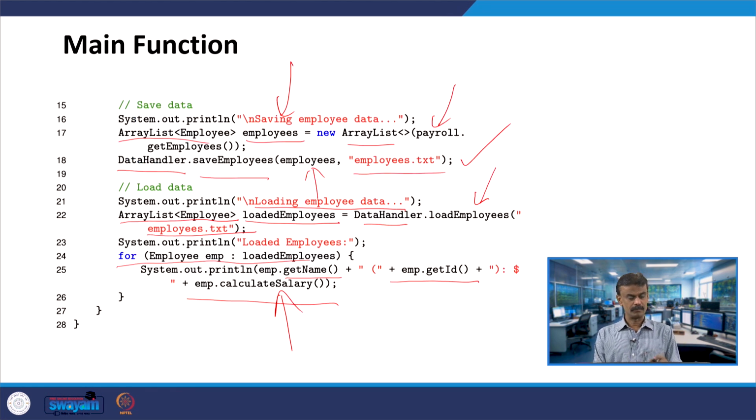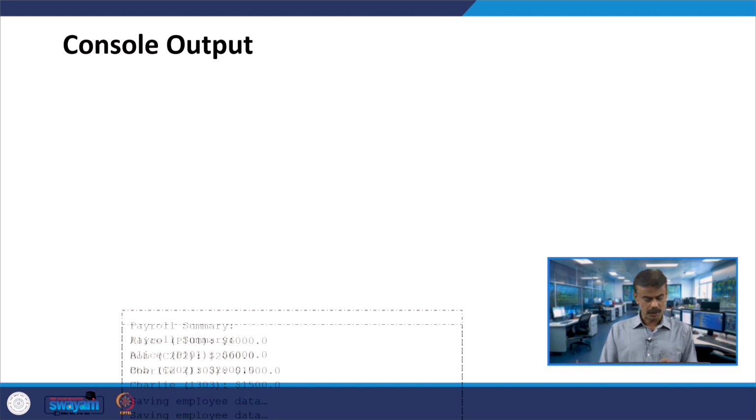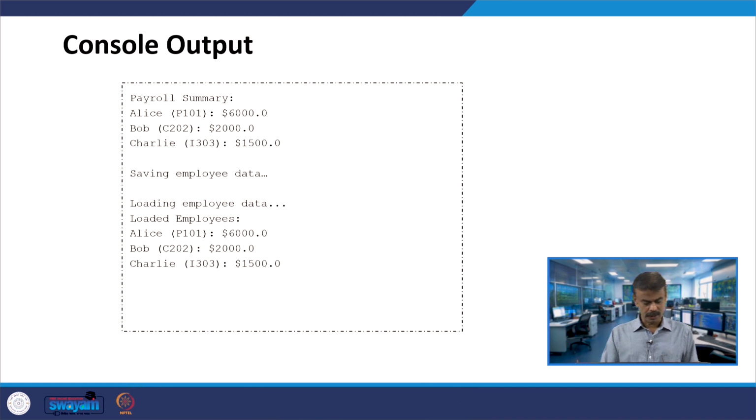Now we have seen so many classes and so many methods, and this is the main method. When you go through it line by line, and we will also work it out when you run the code, you will get the output like this. All the calculations, what about the salary, the get salary will be called accordingly. Whatever you are passing, that particular overridden get salary method will be called, so accordingly the salary will be printed. This is what we will get.